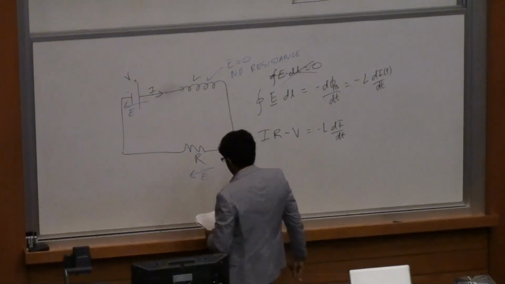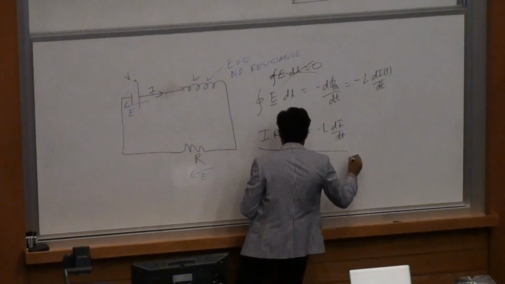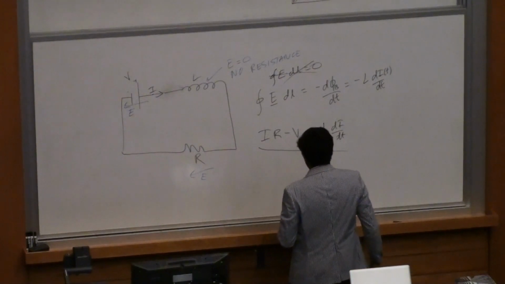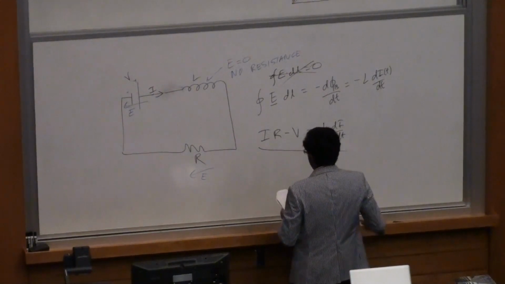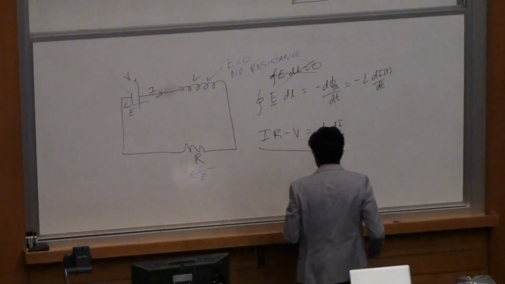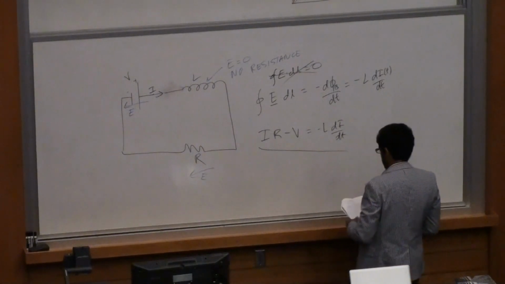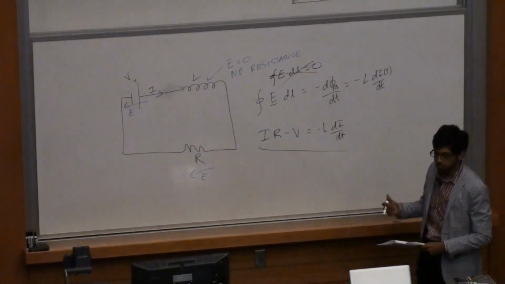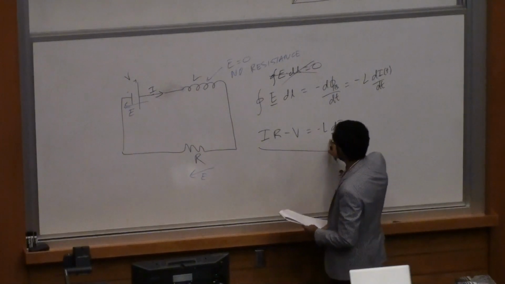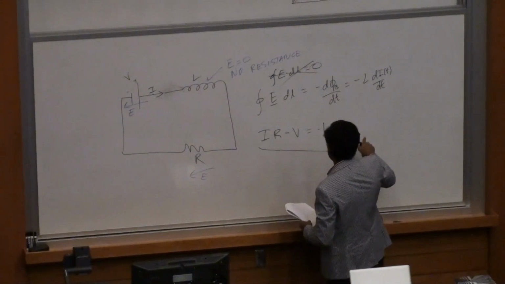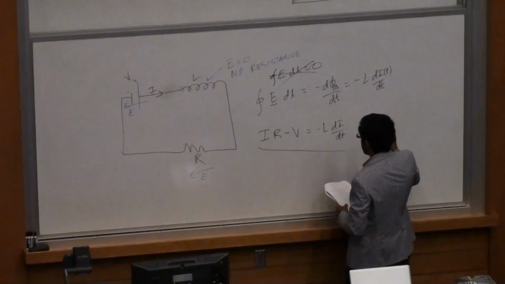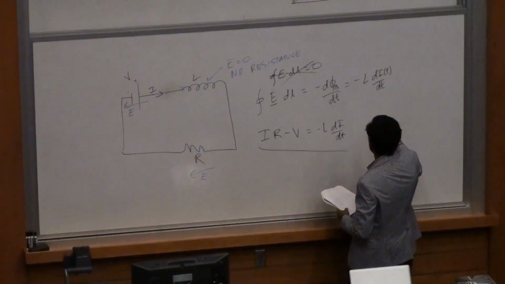All right, so we have this, and this is the only correct way to go about it. We need to apply Faraday's law for this. Now we can express this a little bit more differently to make it seem a bit more intuitive. I'll bring my voltage, I'll bring my inductance over there. So what I have here is going to be L,